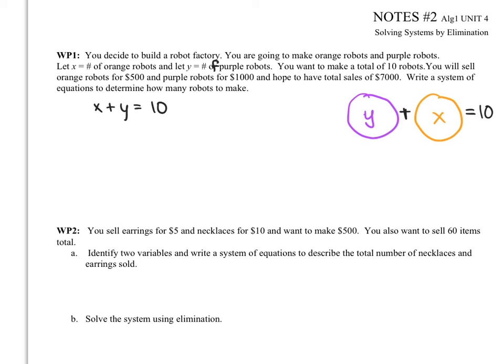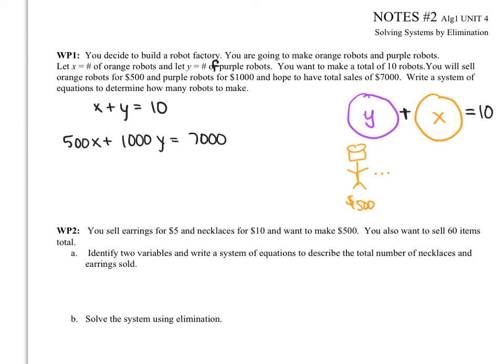Next, it tells me that I want to make a certain amount of money. I want to have total sales of $7,000. Now every time I sell an orange robot, I know that it's going to cost $500. I don't know how many I have, but I'm calling that X. So if I were to have X of these at $500 each, that would give me 500X. And similarly for purple robots, they're $1,000 per robot, which would be $1,000 Y,